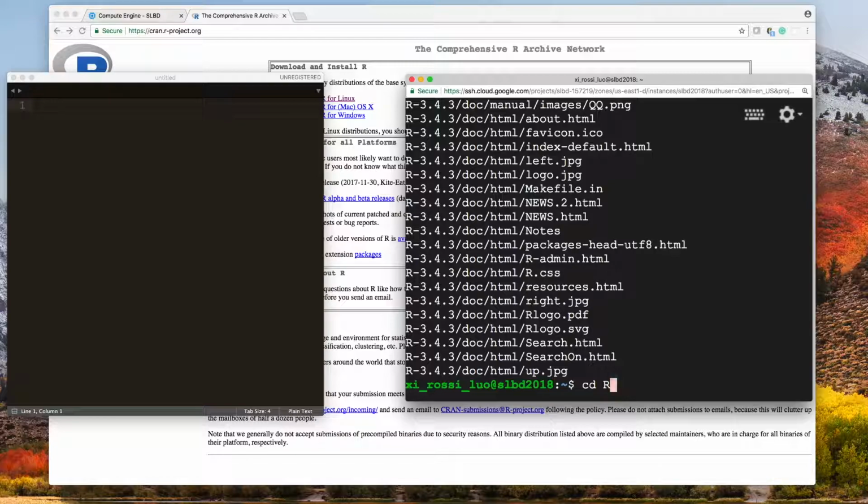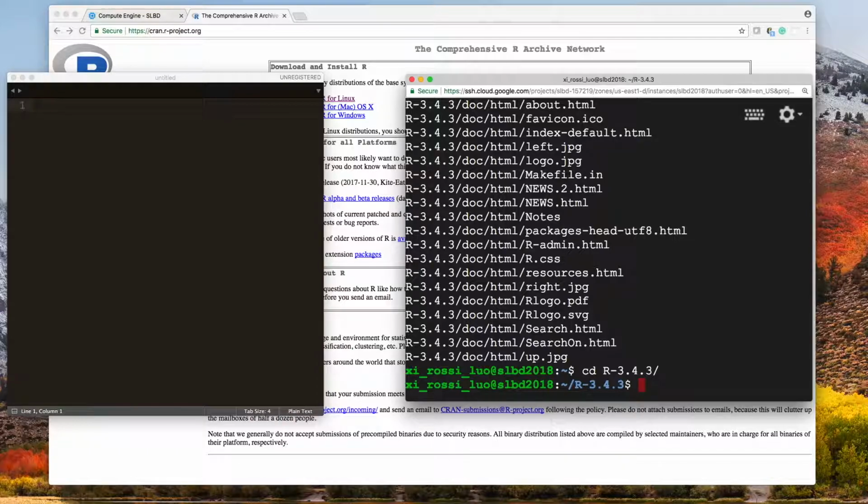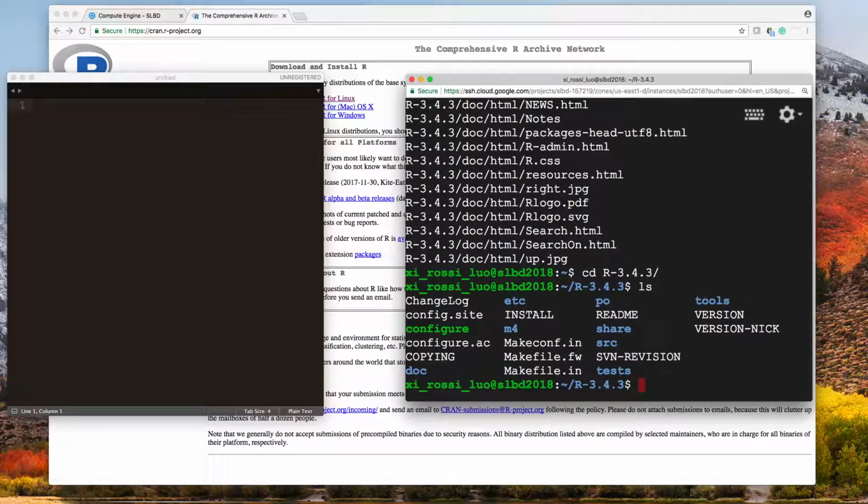Now you enter the folder that you just decompressed. Here the version of R is R 3.4.3. You enter that folder, and within this folder you will see an executable file shown in green called configure. You type ./configure,